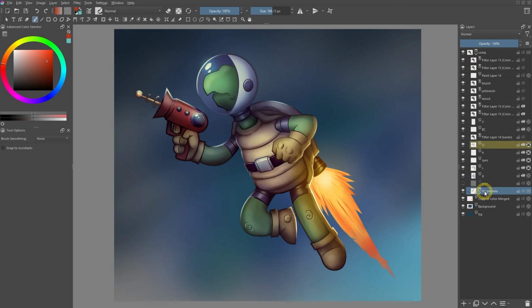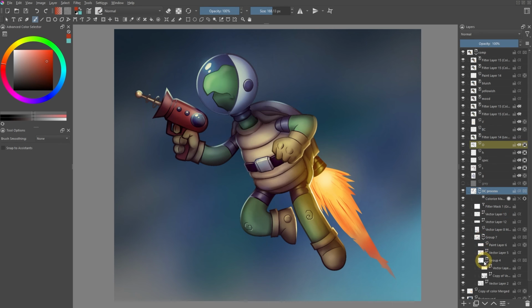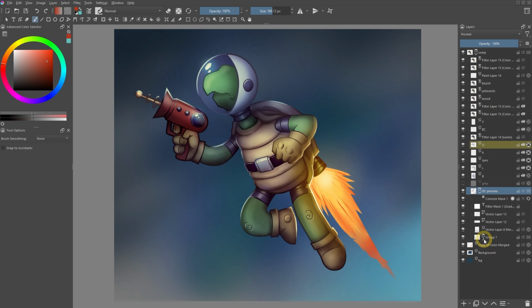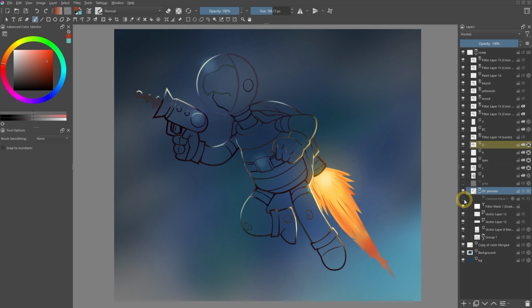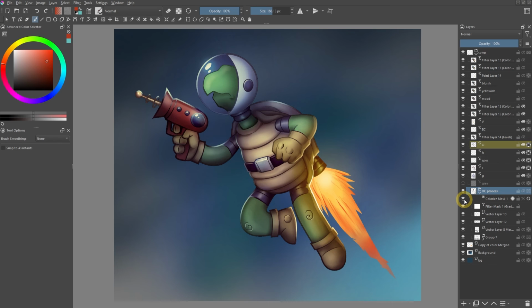Then also, for this layer, although it looks simple at a glance, it actually contains several levels of group layers, raster layers, and vector layers. And this group layer even uses a dynamic coloring technique called colorized mask.